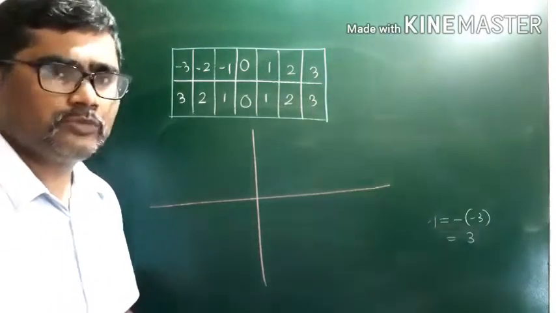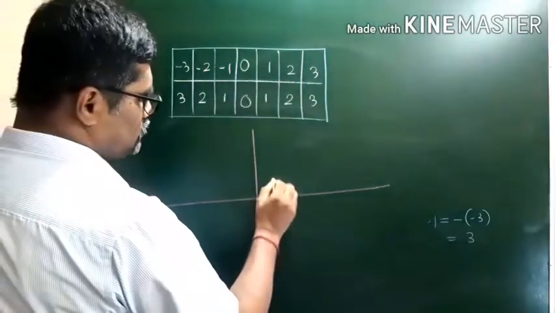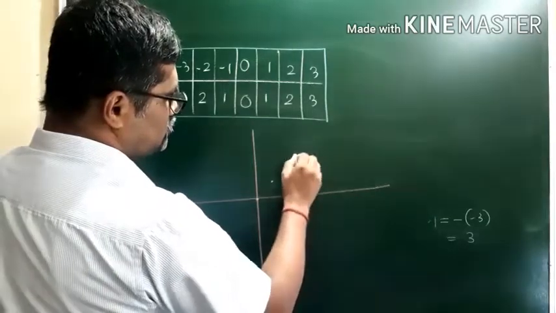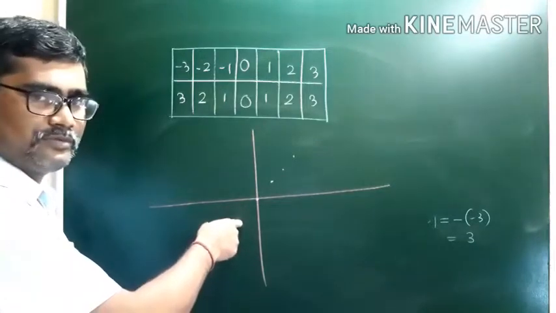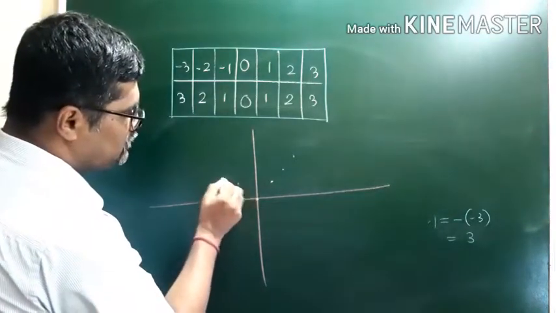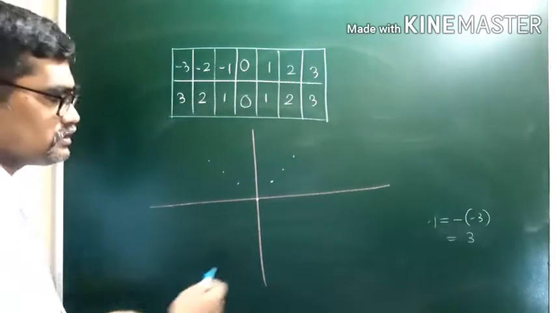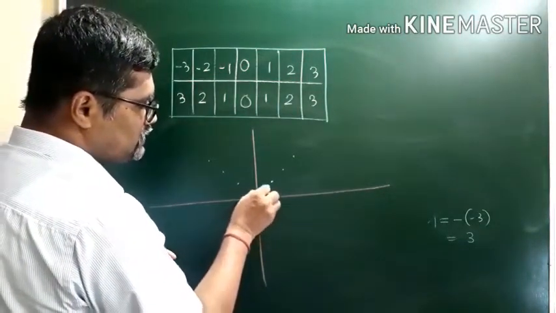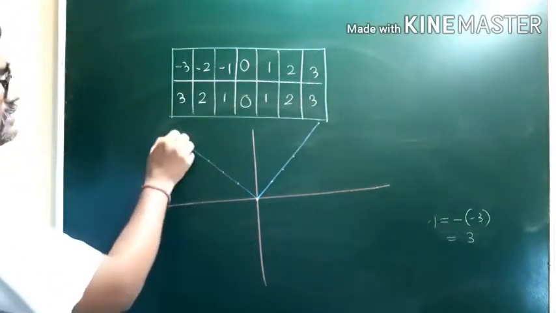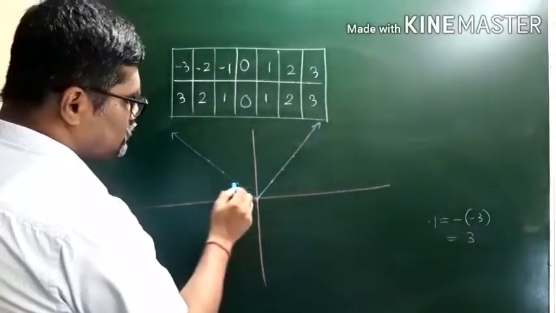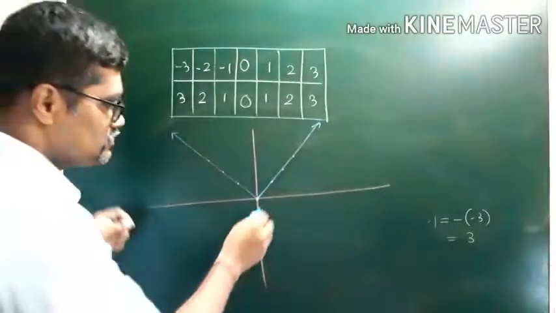Now you go on plotting the points. First of all, 0 we can put here. Positive points 1, 1 here, 2, 2, 3, 3. Negative points minus 1. Remember the identity function, it was down, but this time it is positive, above. So what did you notice here? The moment you come closer towards 0 from the positive side, you are going to get this line, and then if you come from the negative side, you are going to get this line. And because the coordinates are at equal distances from the axis, whether positive or negative, these two angles are both